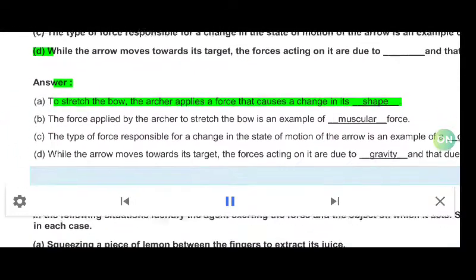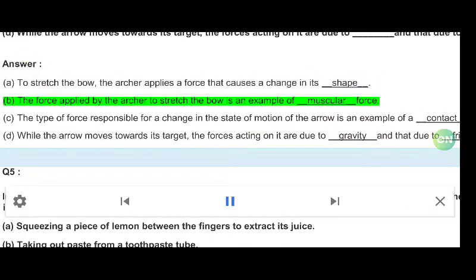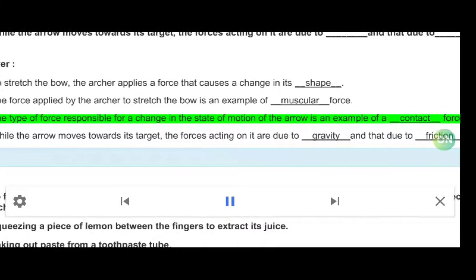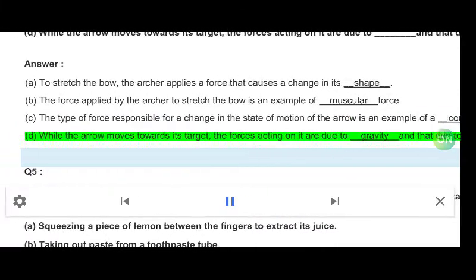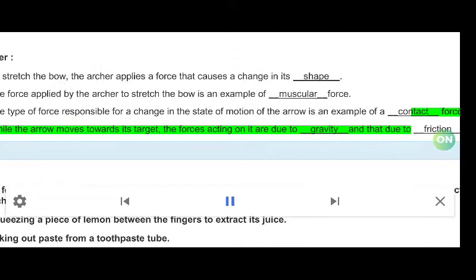Answer. A. To stretch the bow, the archer applies a force that causes a change in its shape. B. The force applied by the archer to stretch the bow is an example of muscular force. C. The type of force responsible for a change in the state of motion of the arrow is an example of a contact force. D. While the arrow moves towards its target, the forces acting on it are due to gravity and that due to